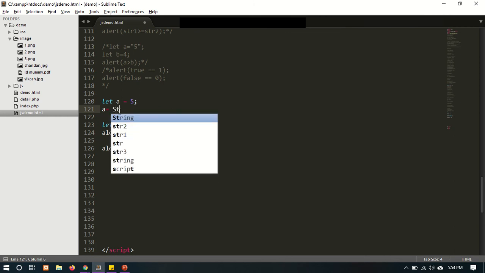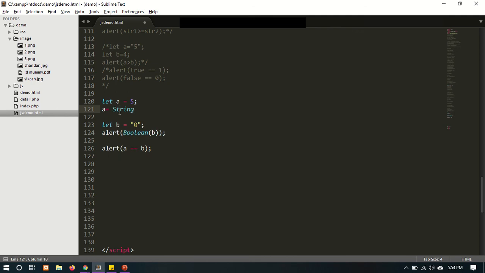So for conversion, we are using String, then we are passing a. Just take another, b is equal to 5.